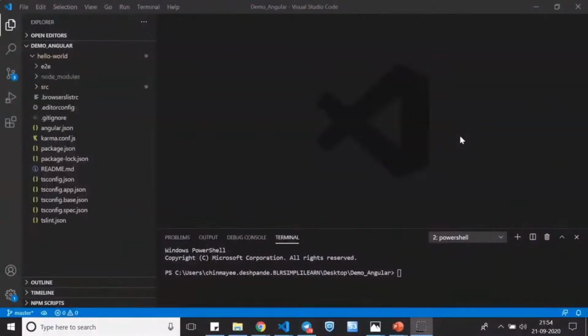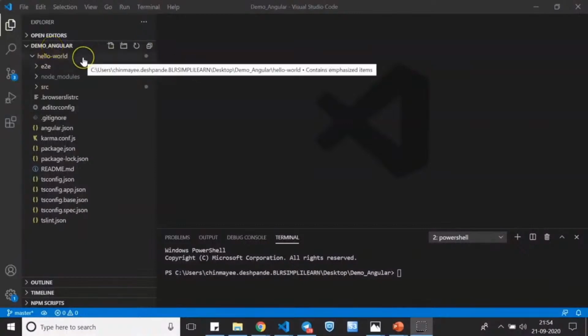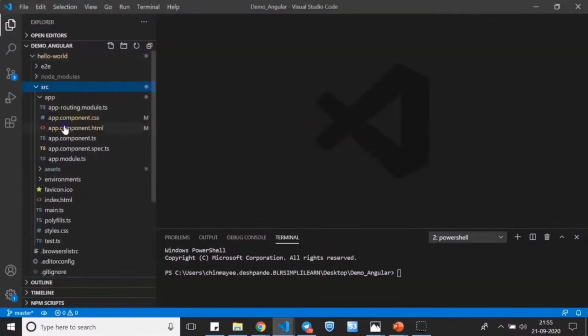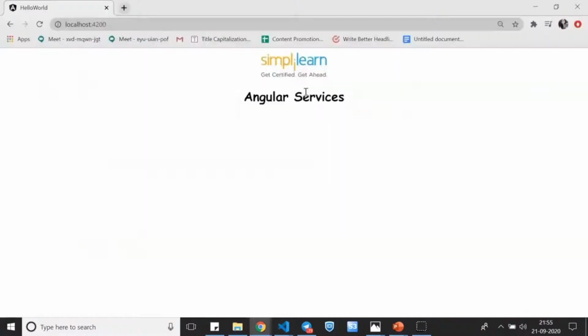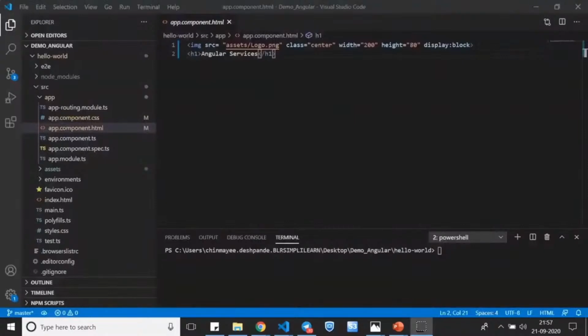So here, first I've created a folder called demo_Angular, within which I've created a file called hello world. So this was previously used for a tutorial, so the name is just hello world, so don't get confused. However, when you look at the browser, I've written an initial code here, which is Angular services, and I have the Simplilearn logo. So back in my browser, this is what the UI looks like. So to understand the concept of Angular services, first let's go ahead and create a component. So here